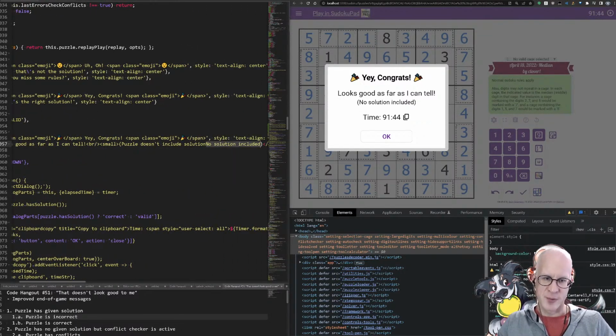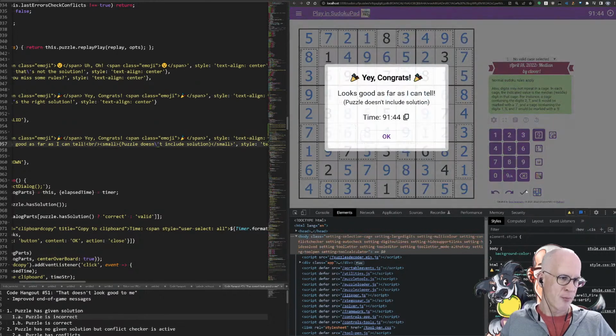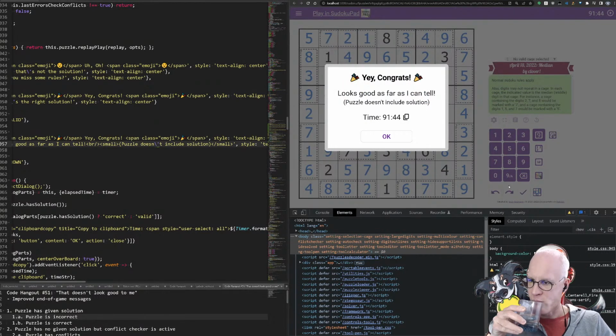I mean, that's the full explicit statement, but it might be a bit long. How about that? Now I almost want the spacing back.